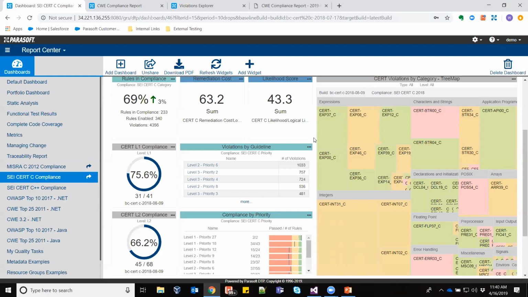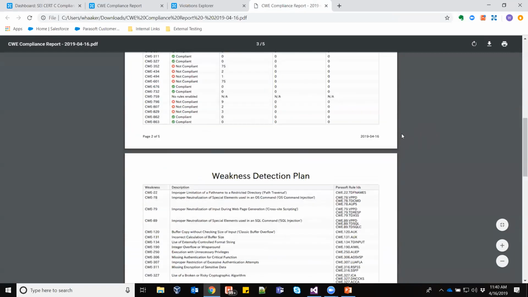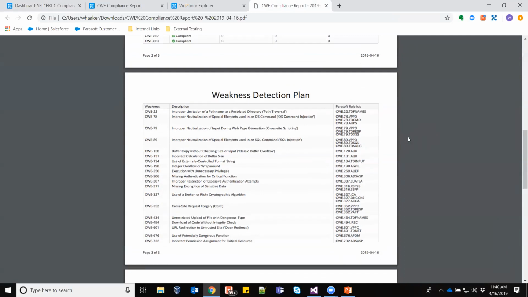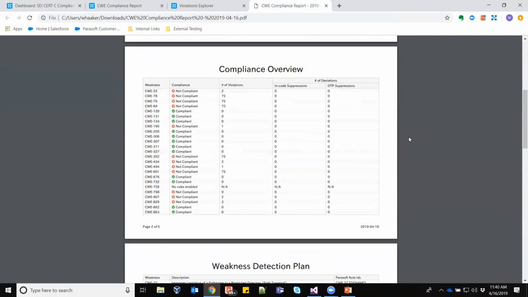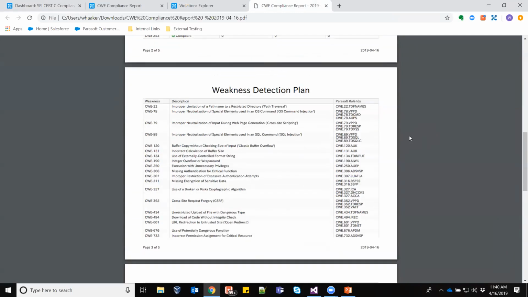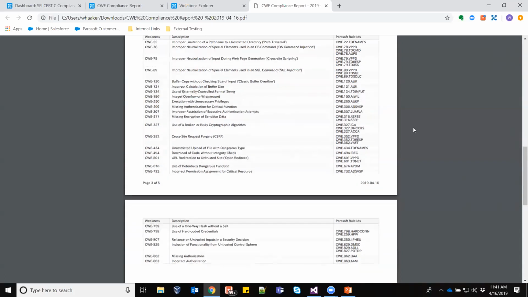The one other thing as well is, Wilhelm, do you have that PDF still available for the compliance report? I think it's your last tab. Yeah. Inside of the PDF report, if you scroll down to the first page there, so you've got an overview, just scroll up just a little bit, an overview of compliance as it relates to each of the CWEs. Then the next part is actually showing you how you're achieving compliance. So being able to say, I've got a particular CWE, what rules, what checkers from a PowerSoft perspective am I actually using to enforce that?